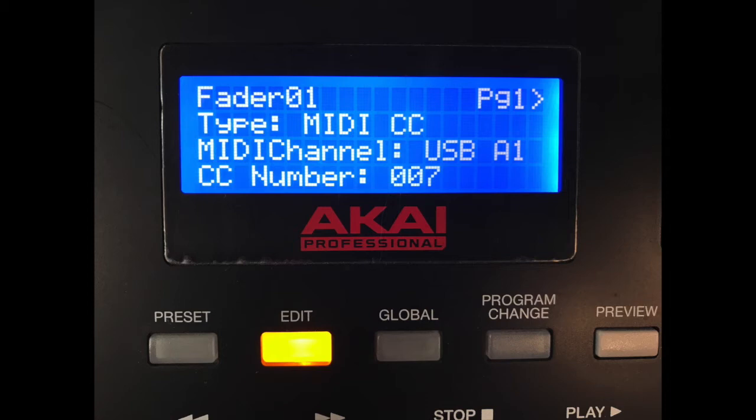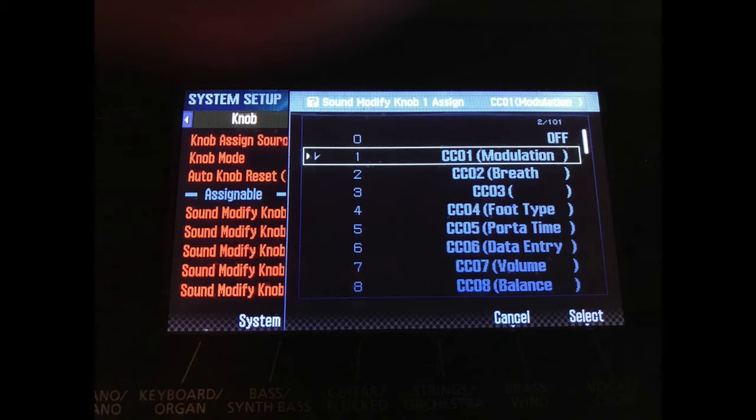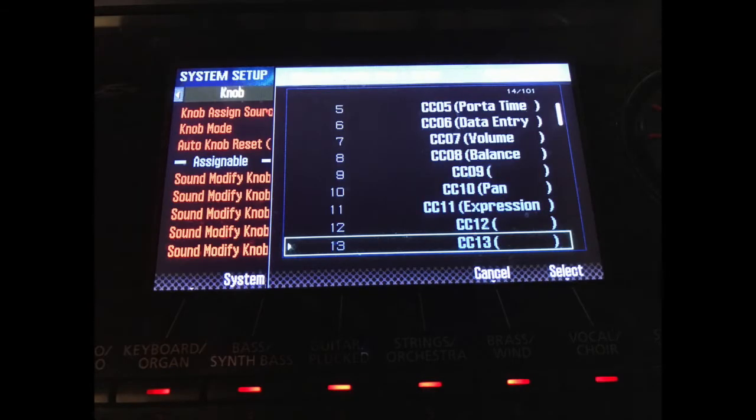If I wanted anything else for this controller to assign, all I could do is just look at what the MIDI message is here on the FA. You can see there 1 is modulation, 2 is breath, which is actually opening and closing the cutoff, if I'm not mistaken. And then if I go a bit down, you can see number 11 is expression, number 10 is pan, etc. So in theory, you could have this fader on the Akai respond or do any of those